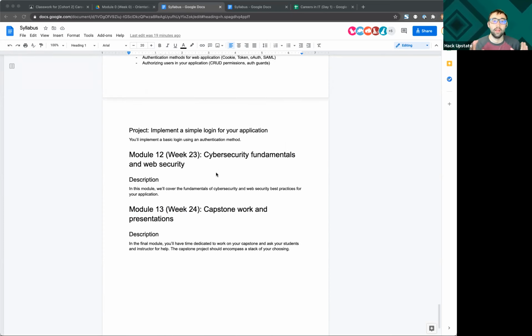And then we're going to finish up with your capstone. And your capstone, we're going to be touching on throughout the entire course of the program. We want to make sure that you get the fundamentals down first. So every week, we're going to have this little weekend project where you can start cementing these ideas and making sure that you have a good grasp of everything that you learned that week or that module.